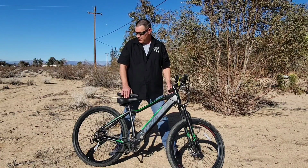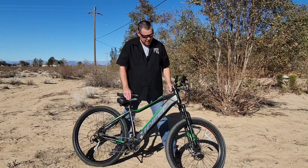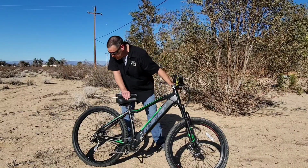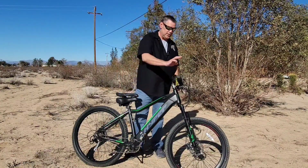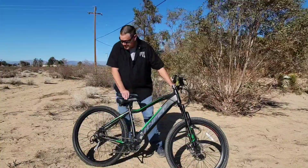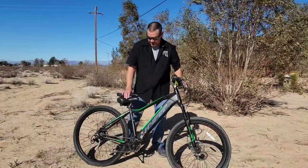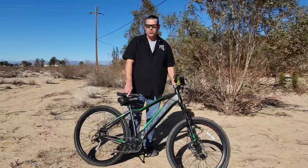Today we're talking about the Hyper 29-inch mountain bike. And it's got a 36 volt, 7.7 amp hour battery paired with a 250 watt rear motor. Shimano 9-speed. It's a 1x9. It's got disc brakes, cable driven. I believe they're 160 millimeter, and it's about $600 at Walmart or Walmart.com right now,